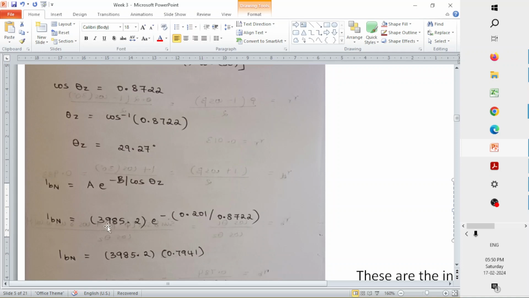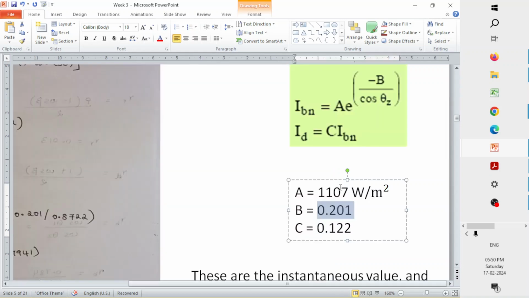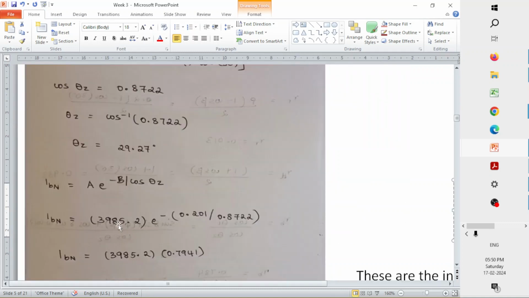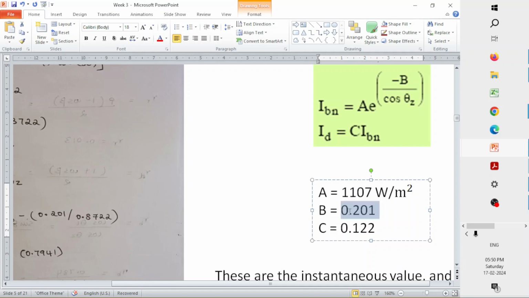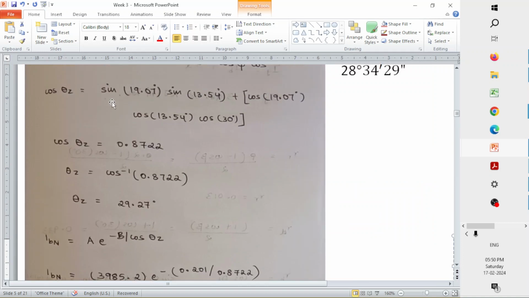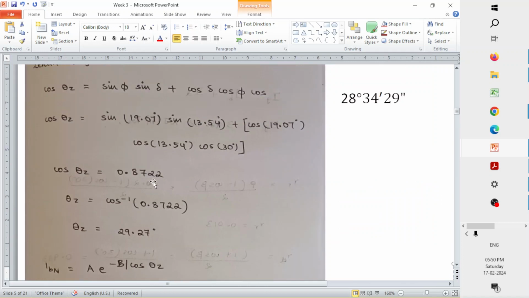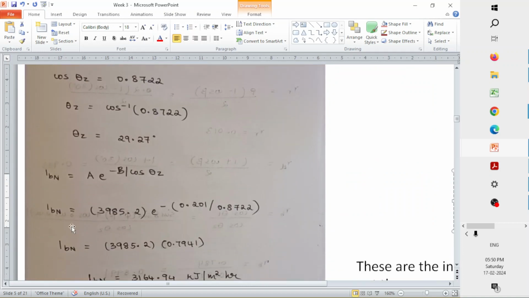You will get the value 3985.2. If you have calculators, you can actually calculate and check. You are just converting the watt per meter square to kilojoule per hour times meter square. That value will be 3985.2 into e power minus 0.201 divided by 0.8722. Here the value of B remains the same, that is 0.201, and cos theta z you have already calculated, so that value will be 0.8722. So if you calculate this value, you are going to get